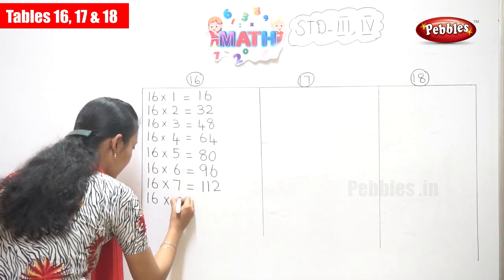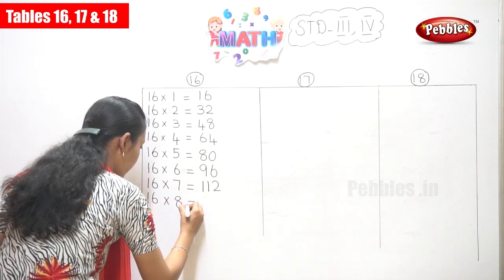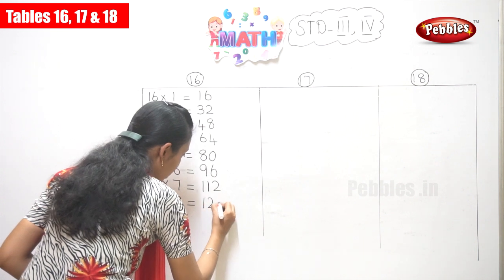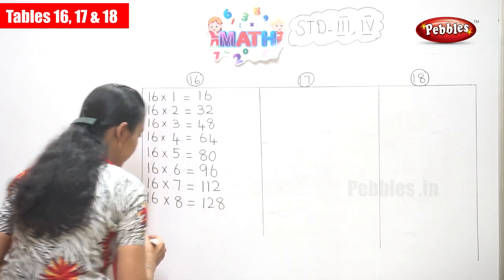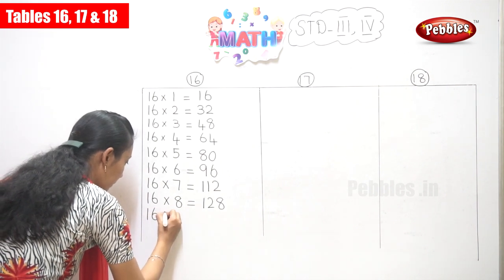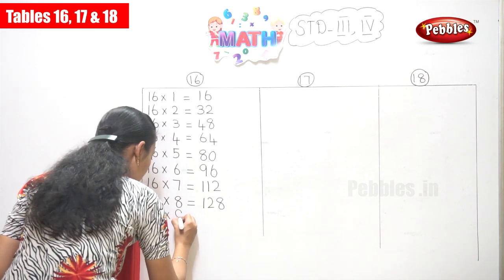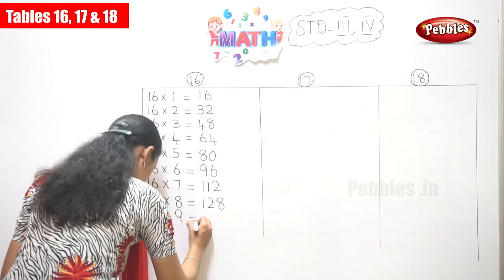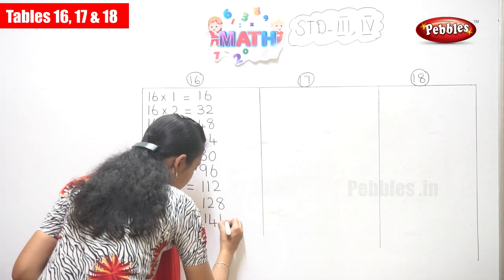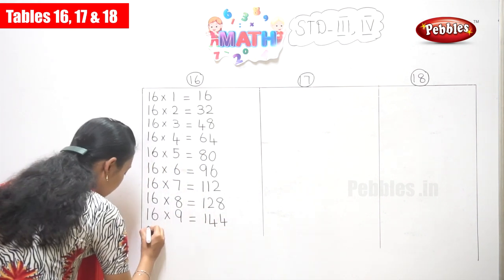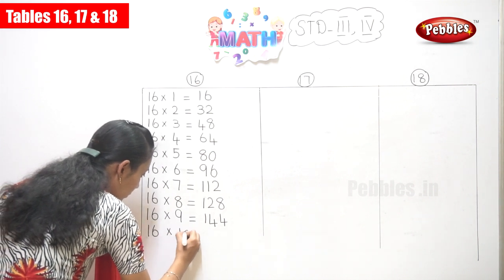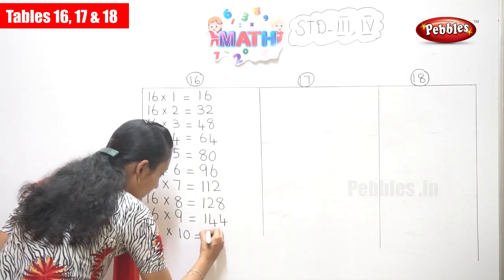16 into 8 is equal to 128. 16 into 9 is equal to 144. 16 into 10 is equal to